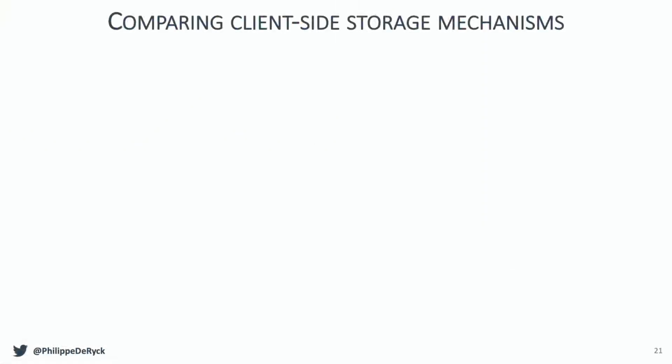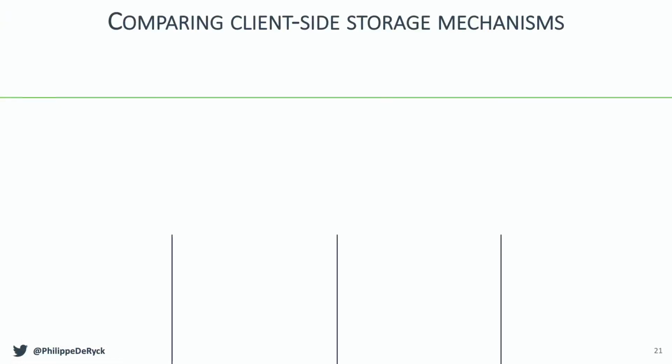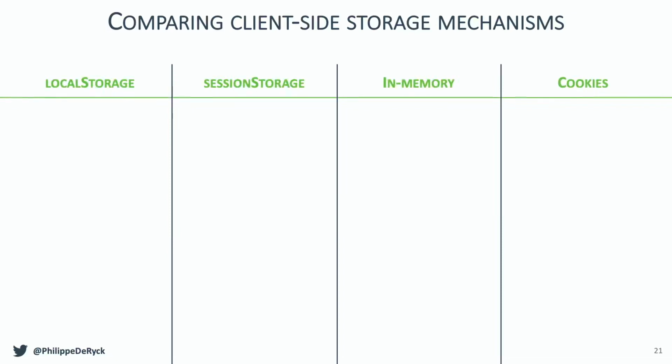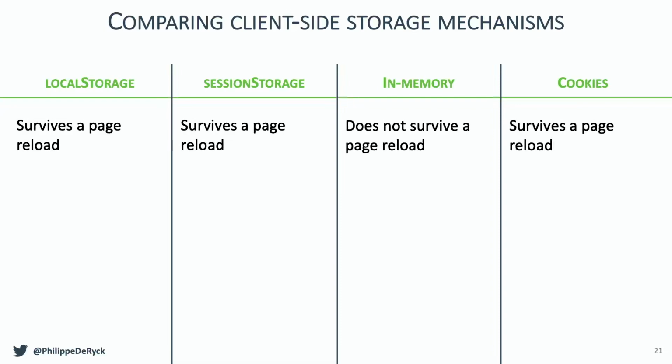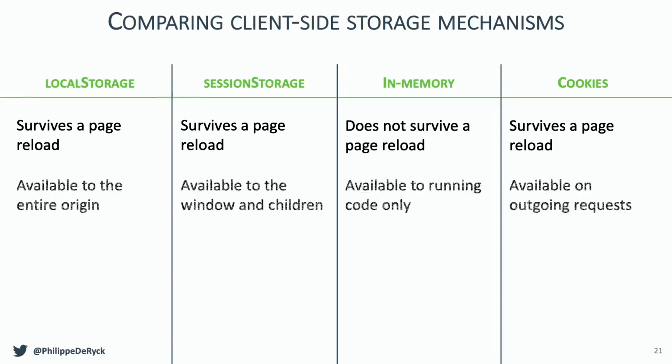They're going to put it on Sched as well, and there is a slide detailing this in a bit more words. So if you want to compare these things, we have 4 potential storage areas. Local storage, session storage, you can keep it in memory if you want, and you can put it in a cookie. So what does this mean in detail? Well, first of all, all of them survive page reloads except in memory. So in memory is probably the most secure way of doing things because you can fully hide things. You can guarantee some security properties there, but if the user hits F5 or Command R or whatever, it's gone. So it's probably not very usable in practice.